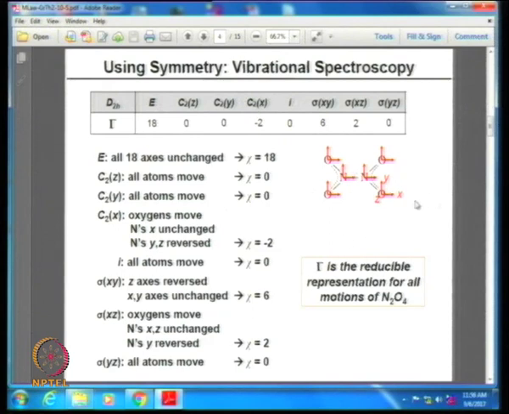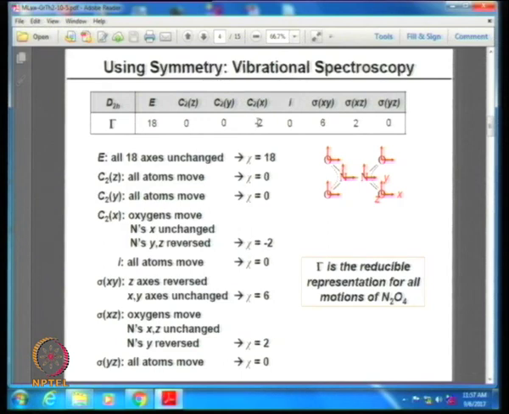The X axis is pointing this way, and if you rotate, then the X's are unchanged, but Y and Z are reversed, because you will carry out a rotation like this. So for individual atoms, its individual coordinate, you have to see its fate under this rotation. So under X rotation, this is what happens, and so the character of